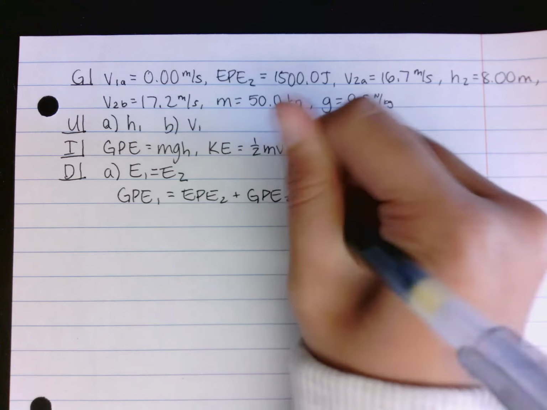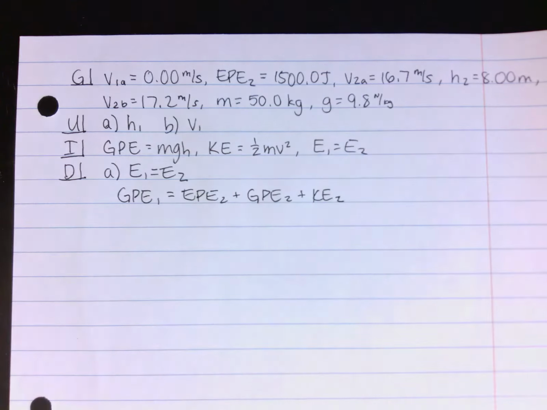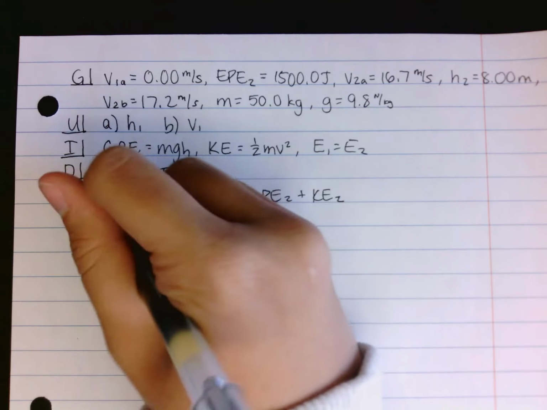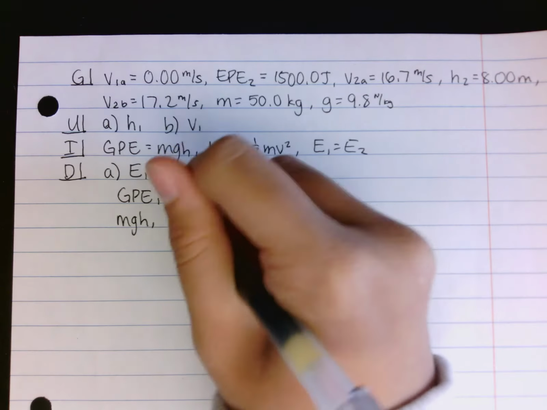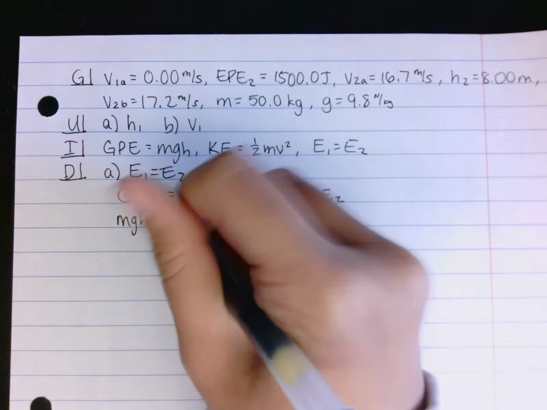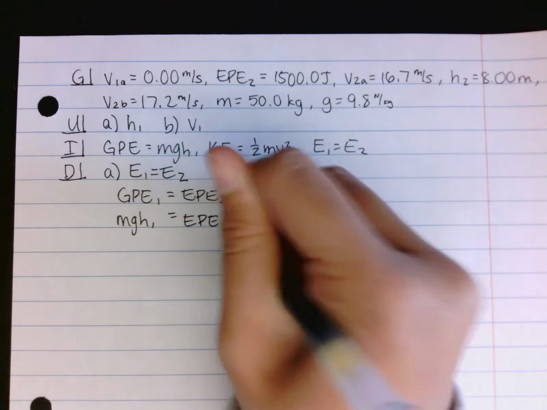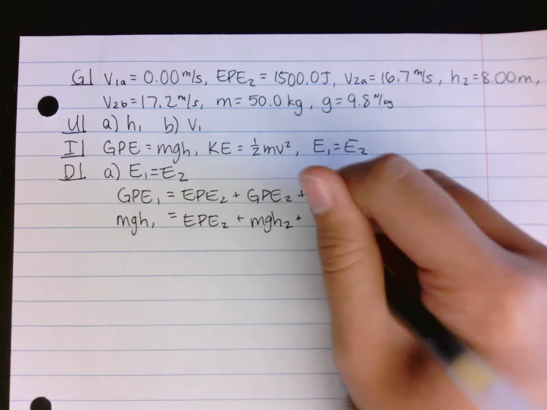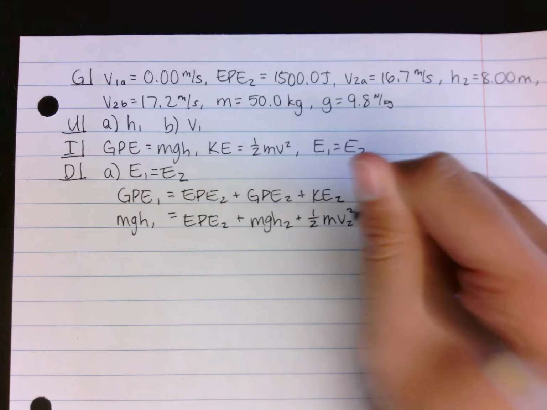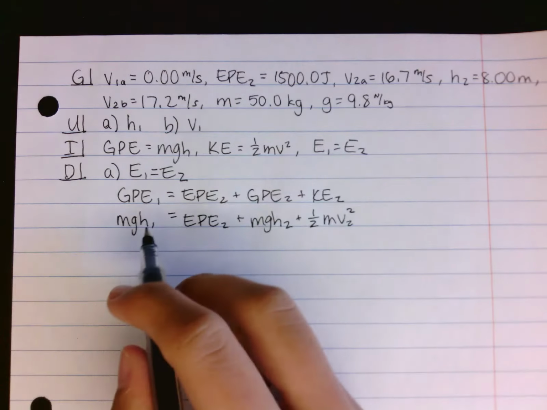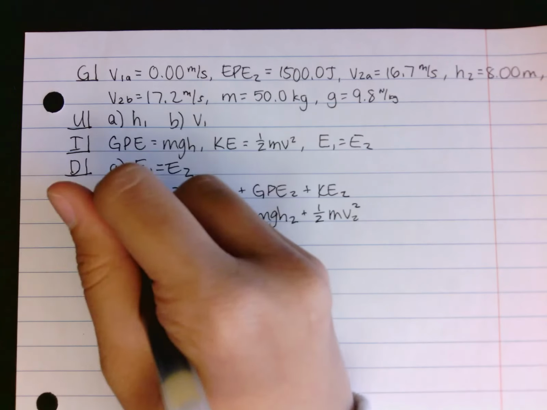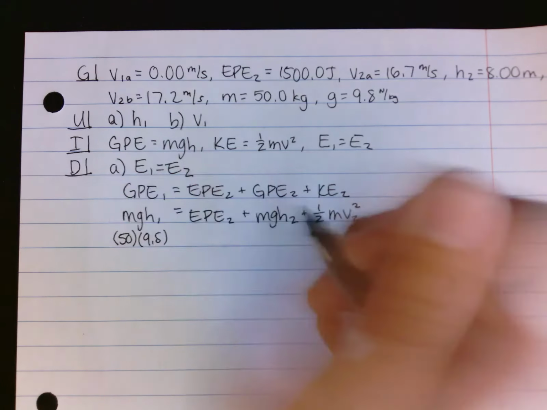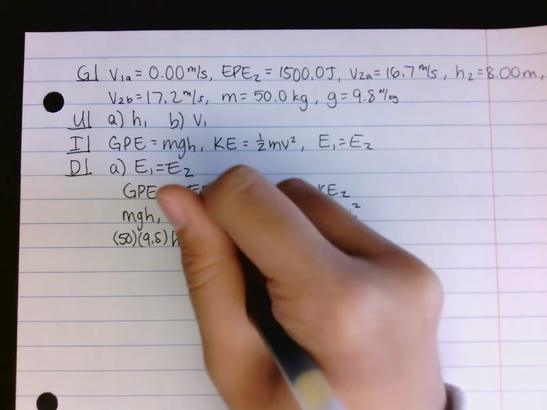GPE, and KE. And then when we plug in what these are, you get MGH1 equals EPE2, which is given to us, so we can just keep it as EPE2 for now, plus GPE, which is MGH2, and KE2, which is 1/2 MV2 squared. And then when we plug in the variables from our givens, we get 50 times 9.8 H1 equals